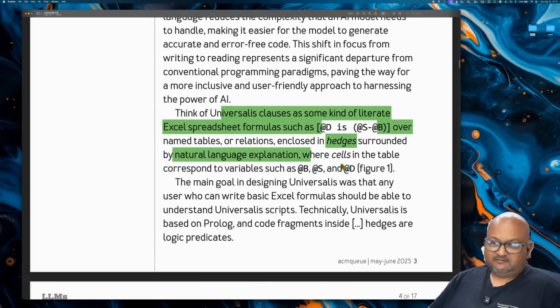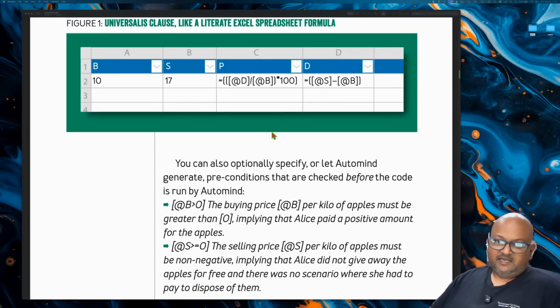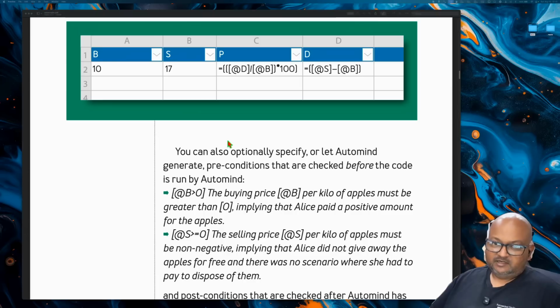So there's not much of a syntax really. It's not a programming language in the traditional sense of the word, like Python or C++. It is still natural language, mostly natural language. Under the covers, the implementation is based on Prolog, and the bindings inside the hedges are logic predicates. And once you have this basic natural language with hedges idea set up, you can then start building a few more constructs on top of that,